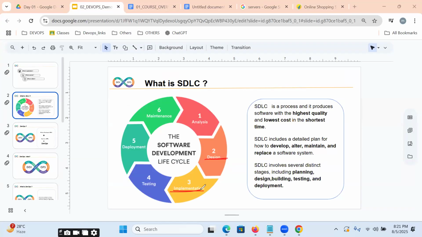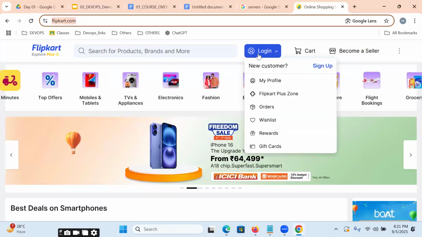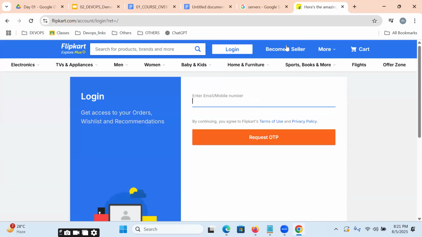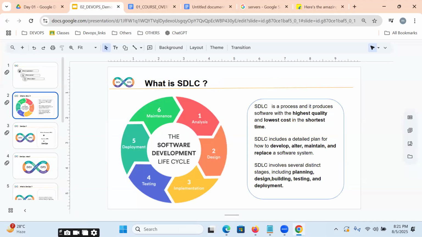Once it is implemented, our testers will verify whether it is working or not: whether the login page is working, whether the registration page is working.